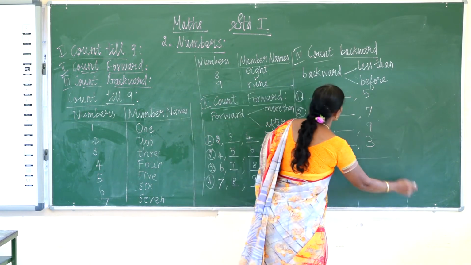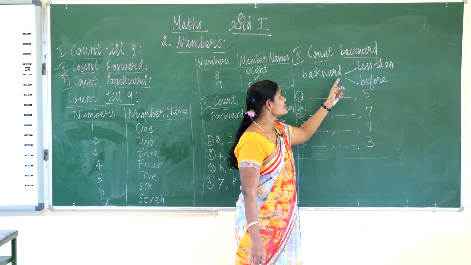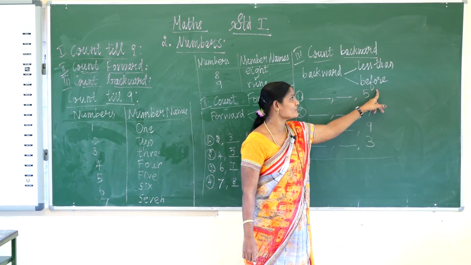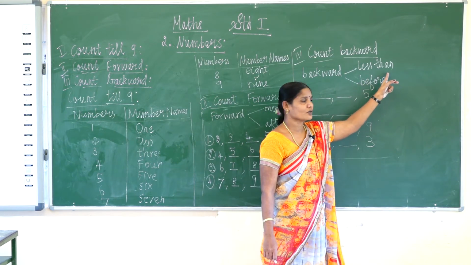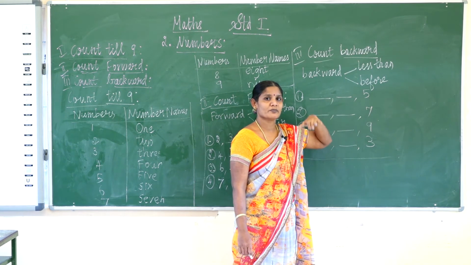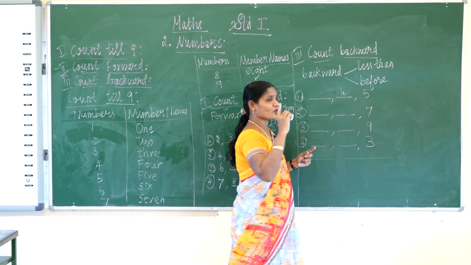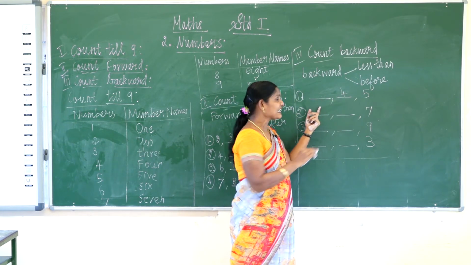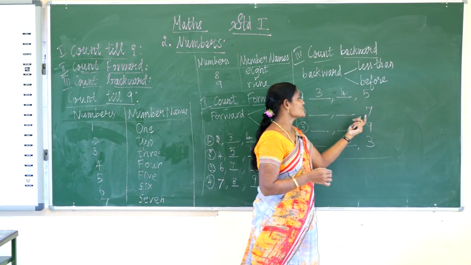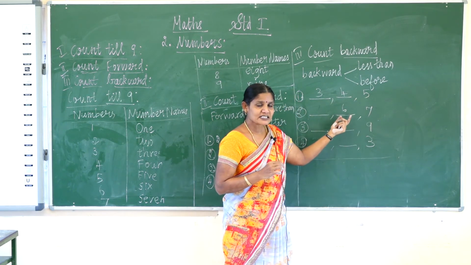Okay, listen here. So count backward. What's the meaning of backward? It's less than or before. So you write last year before, this year you say less than. So 5 less than, that means reduce one and say the before number. What's the 5 less than? 4. Okay, we reduce one. So 4 less than 3, or before, you say before. So 7 less than 6. Then 6 less than 5.